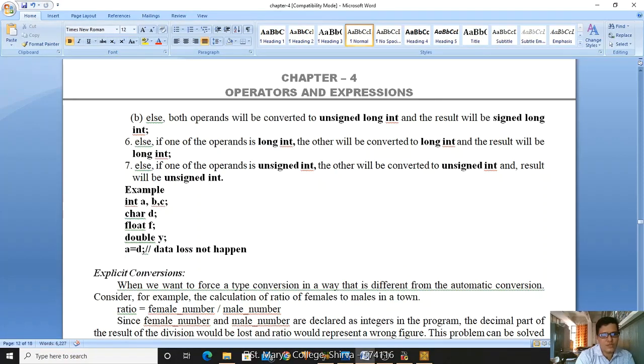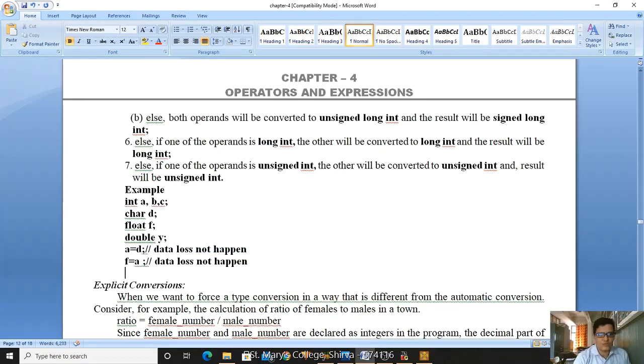Now let us see f is equal to a. No data loss, because f is a float data type and a is an integer data type, so you are converting a lower data type to a higher data type. Here also data loss is not possible.